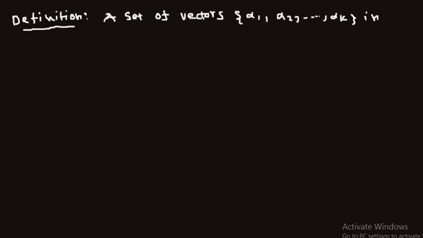Take a set of vectors alpha 1, alpha 2, up to alpha k, a set of vectors in some Euclidean space Rn. A set of vectors in Rn is said to be orthonormal if